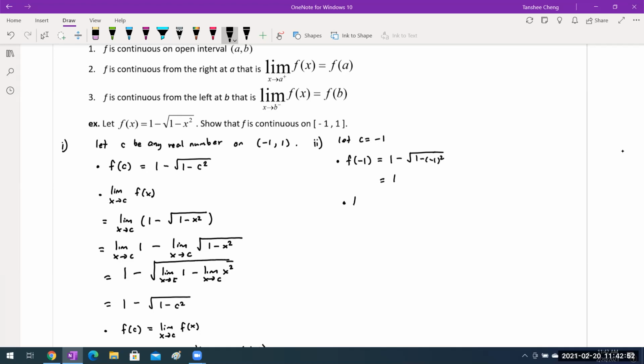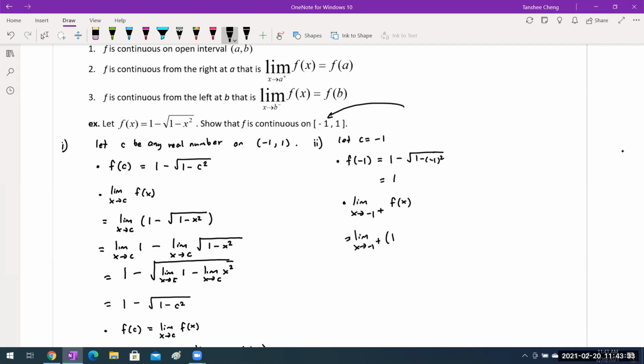In the next case, I need to show the limit as x approaches -1. But remember, we are showing the left endpoint, so the continuity must come from the right side, because we don't have any graph on the left side anymore, so we cannot come from the left side. So make sure you remember what I just pointed out. That's important because you need to indicate that it is from the right-hand side. So this will give us the limit as x approaches -1 from the right-hand side